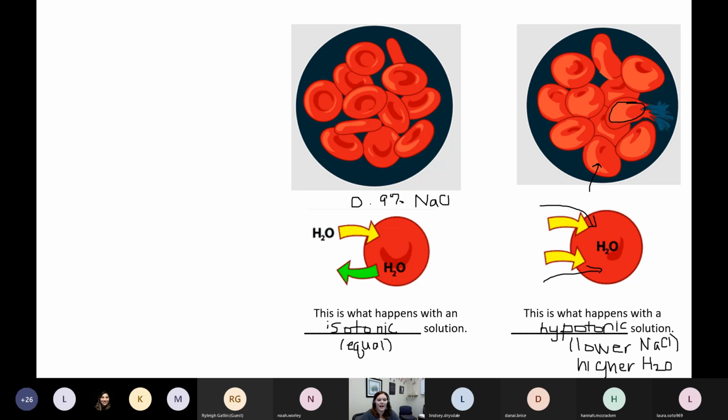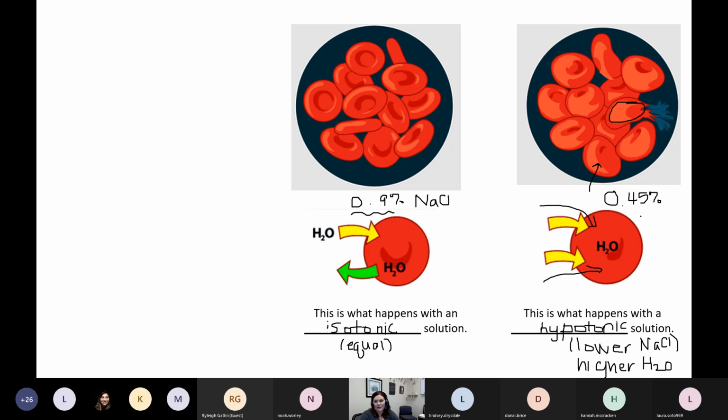Yeah, I have a question in the chat. Seth asked about a 0.45% sodium chloride. Yeah, so let's put a note in here. That's an example of a hypotonic solution, 0.45%, because inside the cell, remember our number is 0.9. If we give a patient